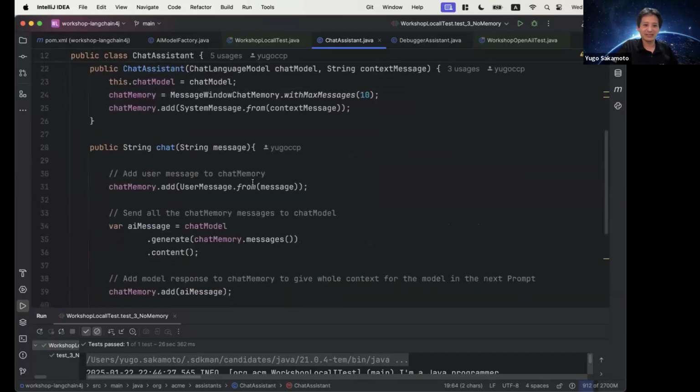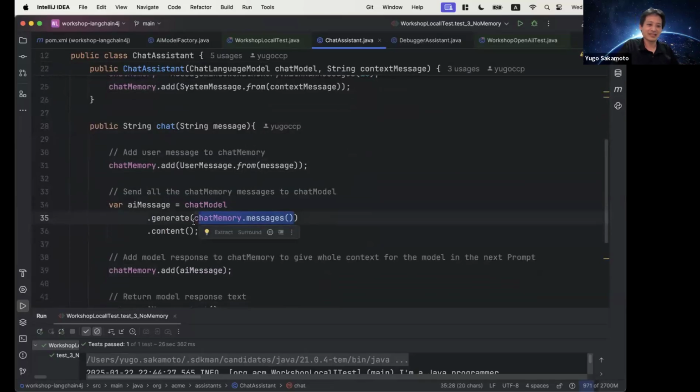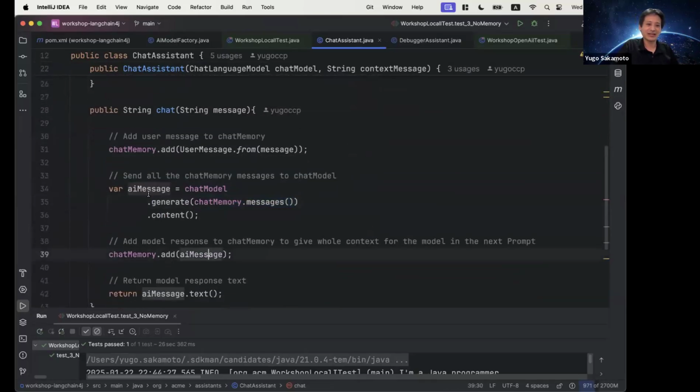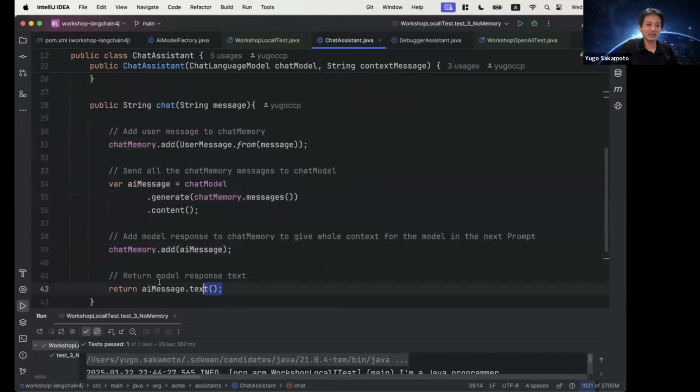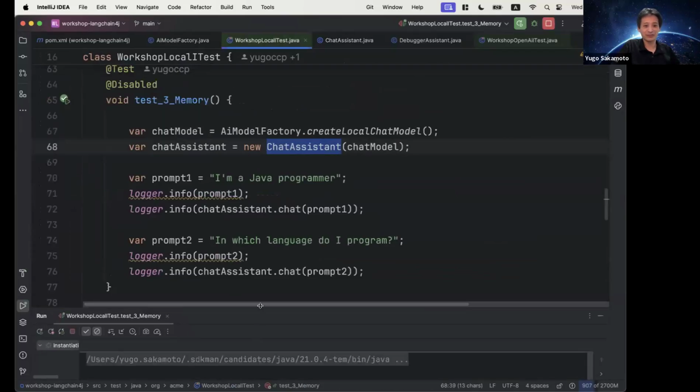And the only thing that chat does is get the message and add the message to the array. When I call the chat model, I send the array of messages. And then I add the AI message response to this array and give the message as well to print later on the test. And that's all. So if I run this version now,